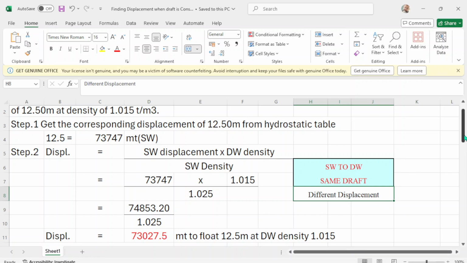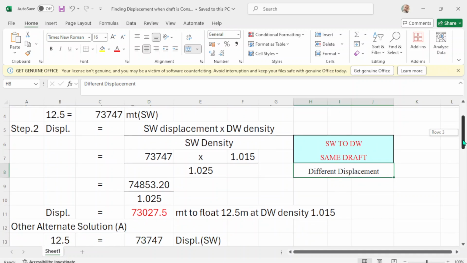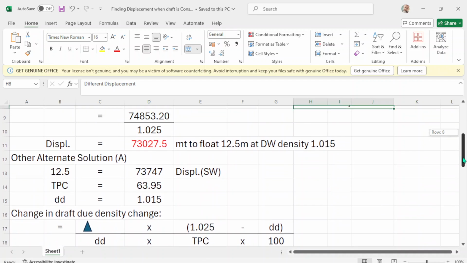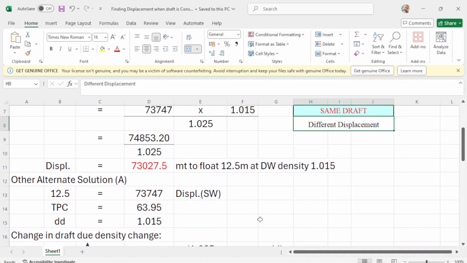Now there are two solutions to the question, and we go to the alternate solution. So you have your draft of 12.5, the displacement is 73747 in salt water, and the TPC at 12.5 is 63.95.